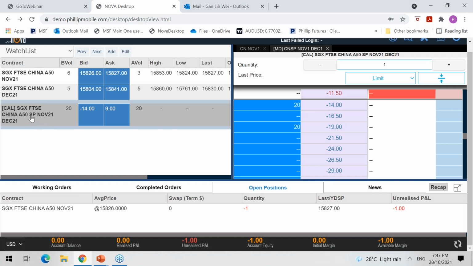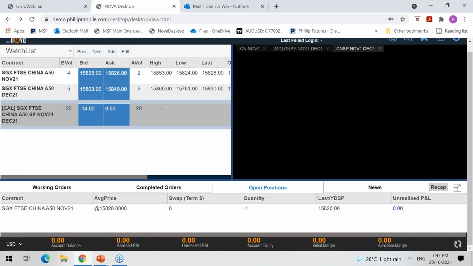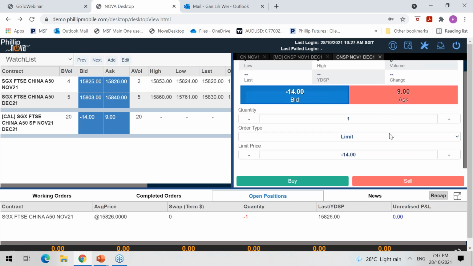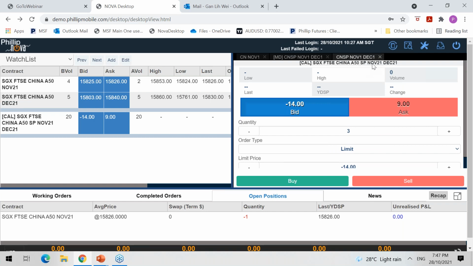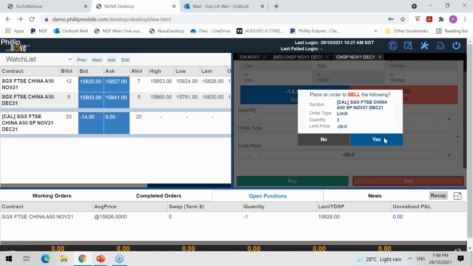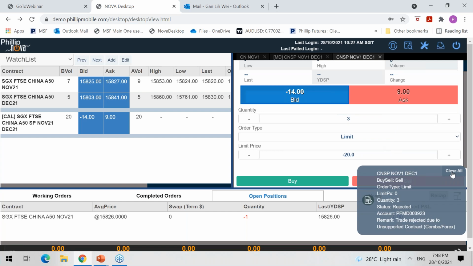To do so, because of the demo account, we can't place a trade, but this is basically how you place the trade. You can place order, you bring out the trade menu, and then you can place the order for the spread market. As you can see, the contract is November, December to roll over. If you want to go for a wider spread, you can do so. Let's say a far wider spread, minus 20. You can do so, and then you click on the sell button. I will try to do that, but I can't execute because of the demo account.